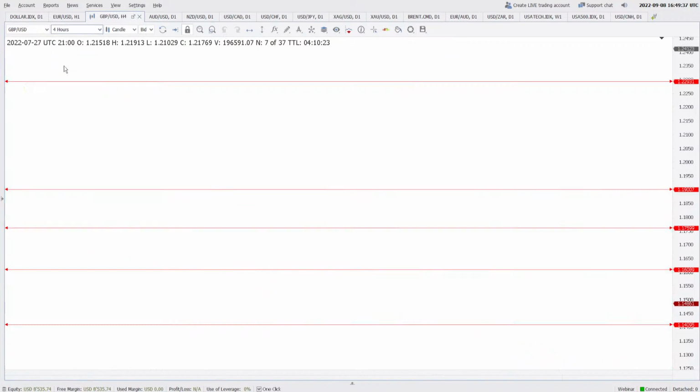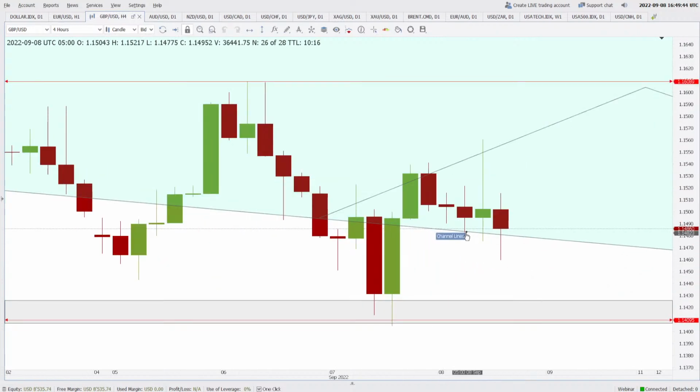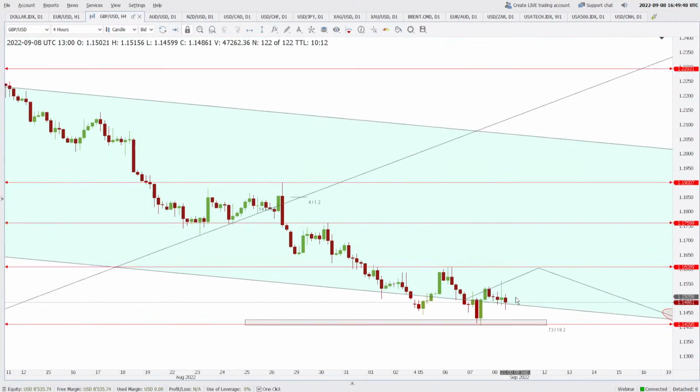I am switching it to 4 hours. Bullish engulfing, thereafter a strong support. Okay, you see, every time the price is testing this channel, it is getting supported. So yes, buyers are, there's actually a clear picture because the 4-hour is a big time frame. So I think there is a clear picture that somebody is trying to open fresh buys as the price is going down, and maybe they will not let 1.1409 to break.